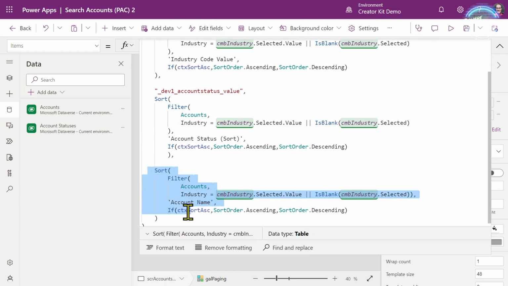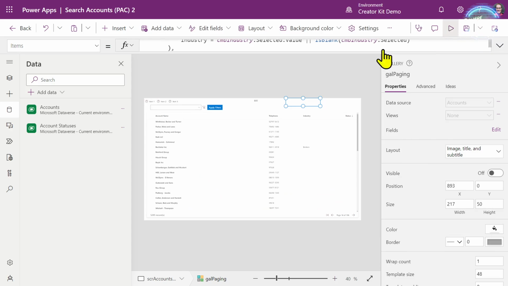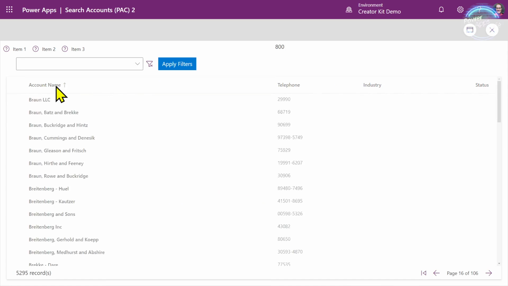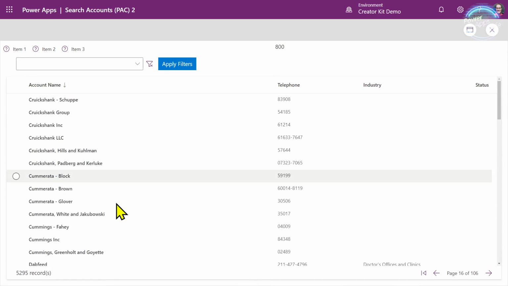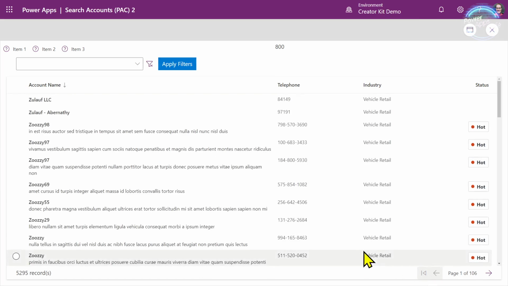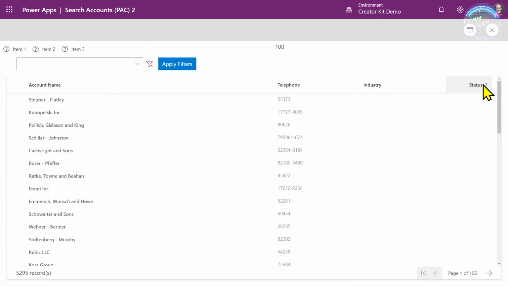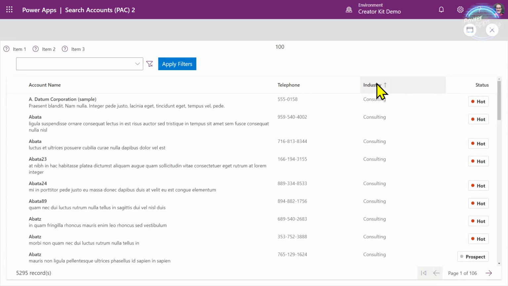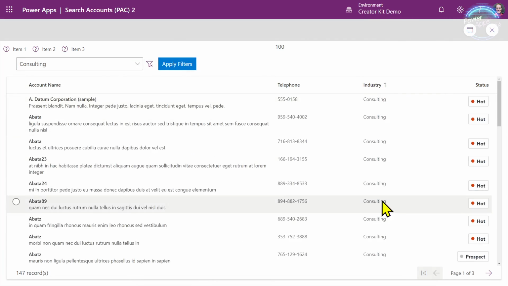And then we've got a default value here that simply says, if there is no sort expression given, or indeed where you have selected name as the sort column, it will go and sort by account name. If we run this now and toggle the sort, you can see that it is actually sorting by this column value. If I move back to page 1, you can see there sorting by Z, and now we've got A. Then if we sort by statuses, you can see all of the sorting going on there. And if I sort by just consulting, you can see it only has consulting values.